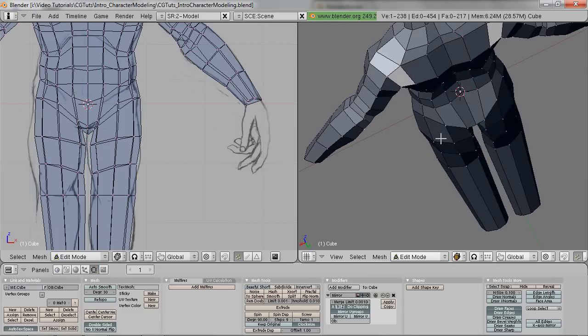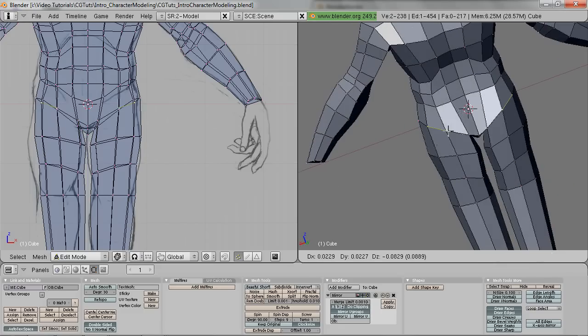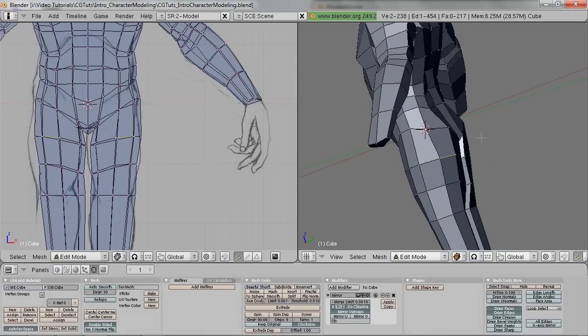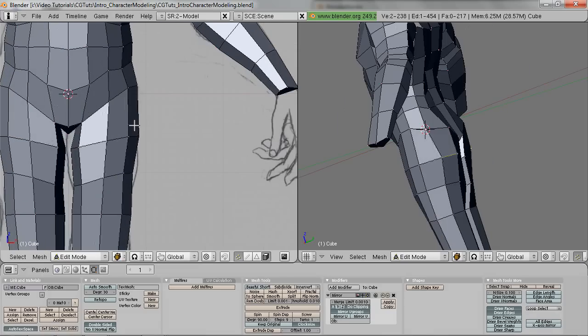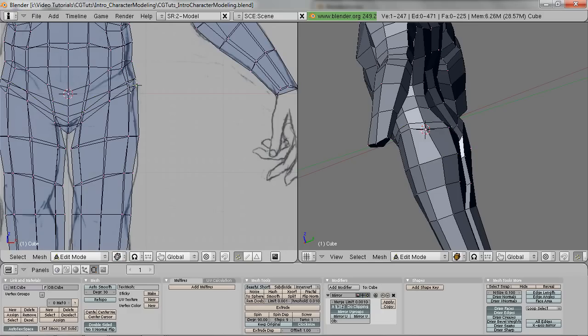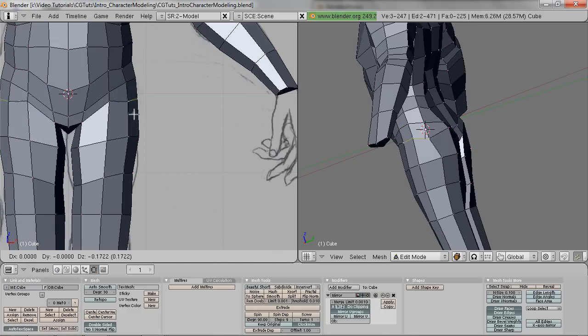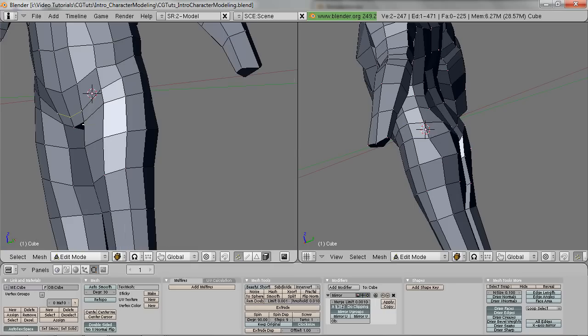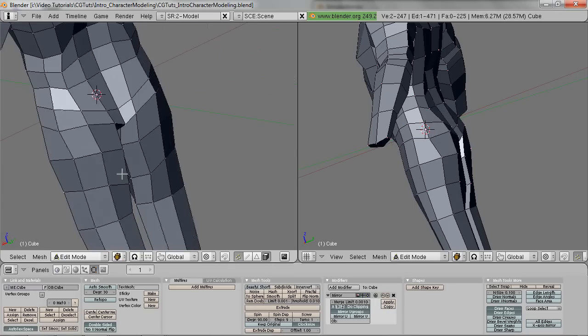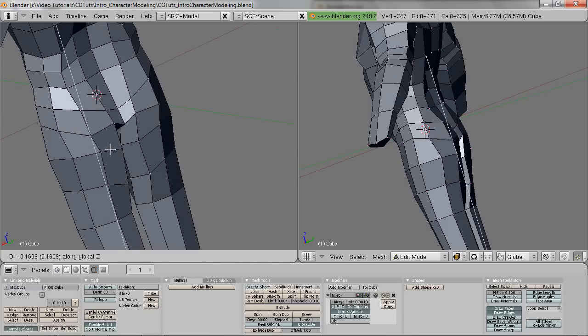So we'll pull these in, take these down, take these up. Let's go ahead and add in another edge loop right there. Actually, let's go ahead and add an edge loop right along here, along the hip, which will allow us to better define this area. And so we're just working with the general shape here. We'll pull this down,